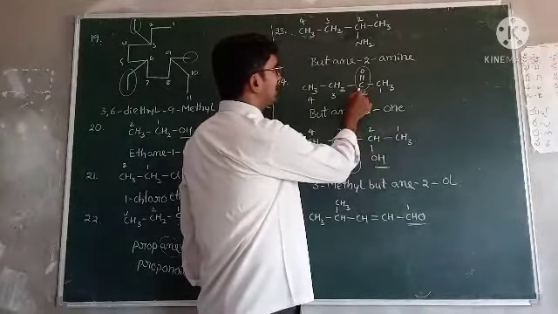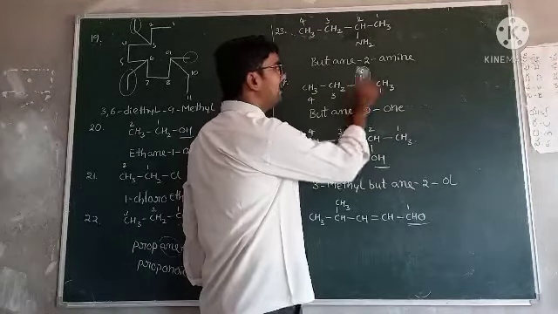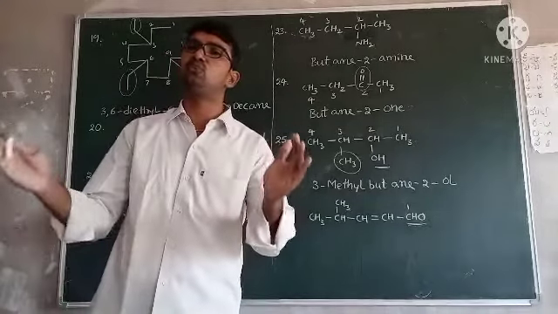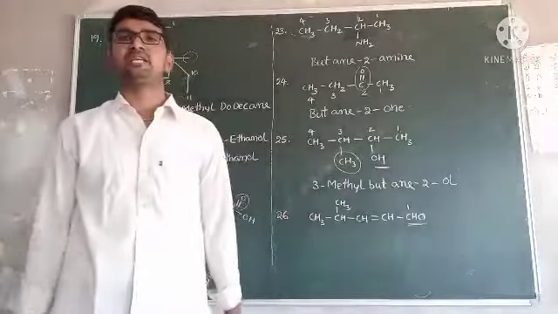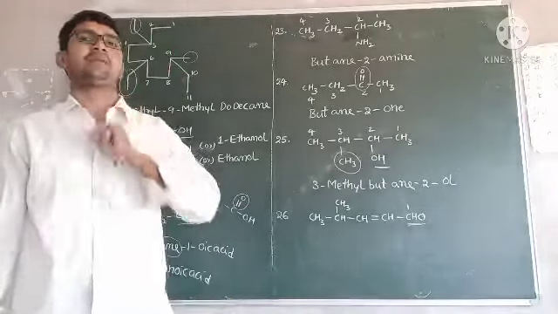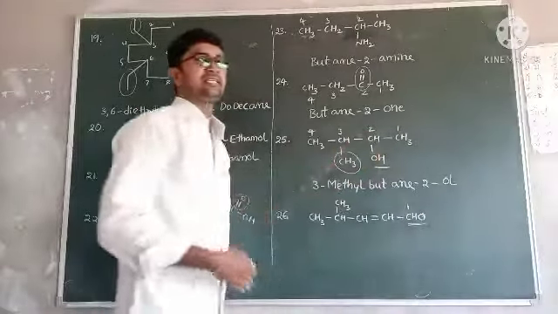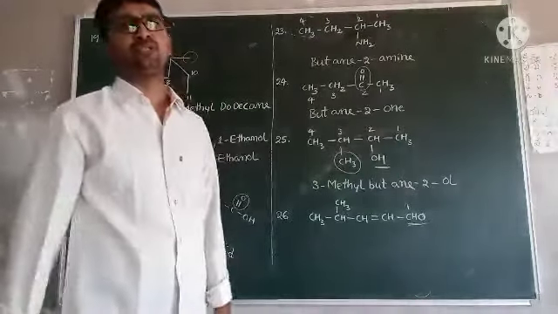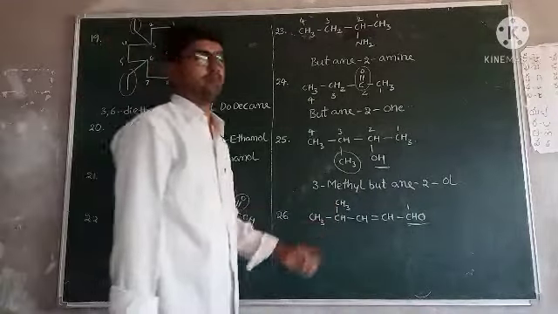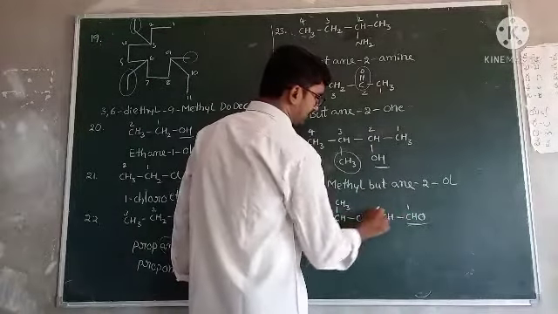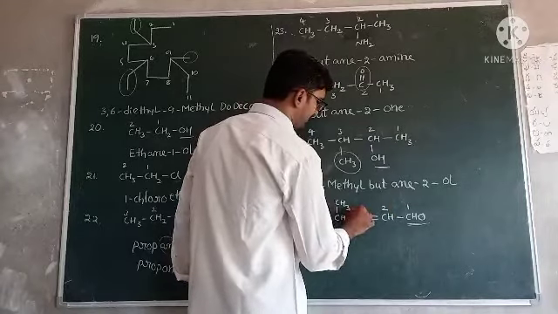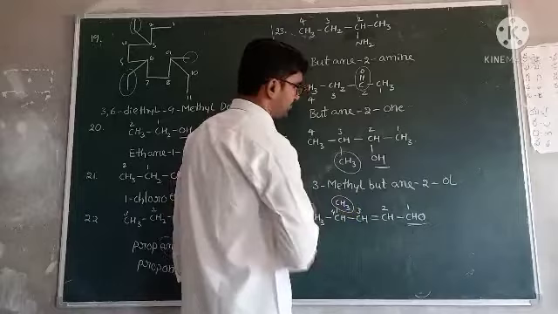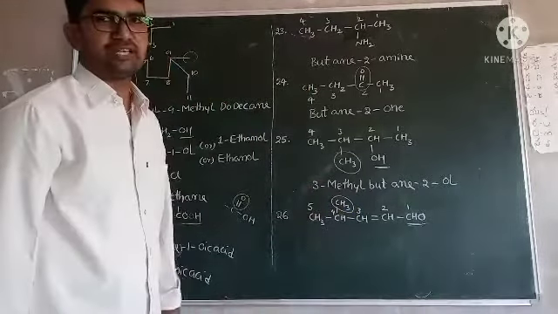But in ketones, the carbon is always present in the middle, between the two carbon atoms. One C double bond O is present. That's why numbering never starts from that carbon. But for the remaining, COOH, CHO, COOR, CONH2, such types of functional groups start from that carbon only. So CHO is 1, 2, 3, 4, 5, and this is the substitution. Numbering completed, substitution identification also completed.